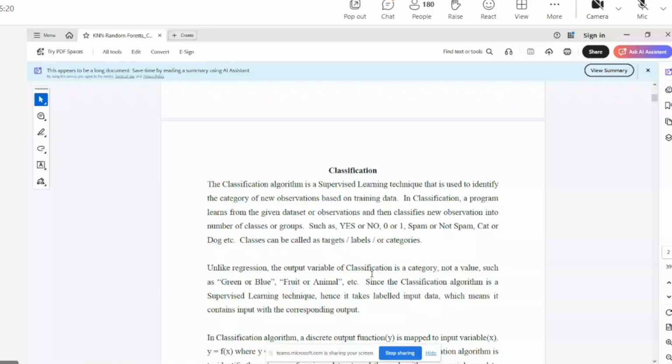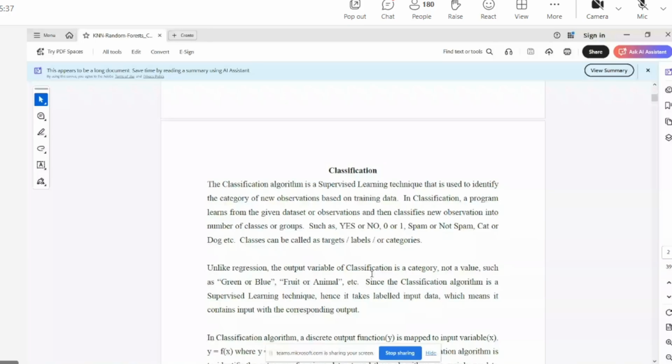Now, when you talk about classification, it's something like yes or no or 0 or 1. If the classification has only two classes, it can have more than two also. Either it can be yes or no sometimes, or it can have multiple classes also. If it is having only two possible classes, then it is called as binary classification problem.